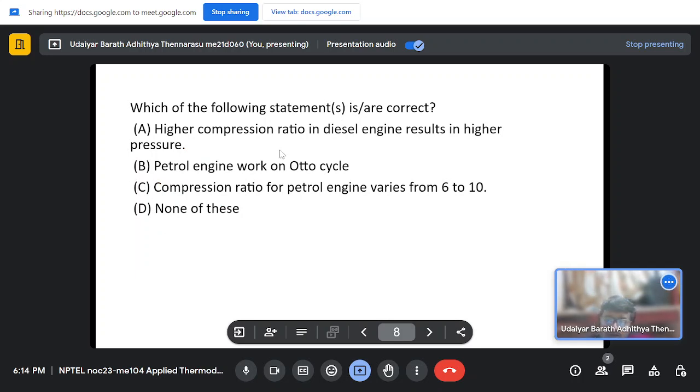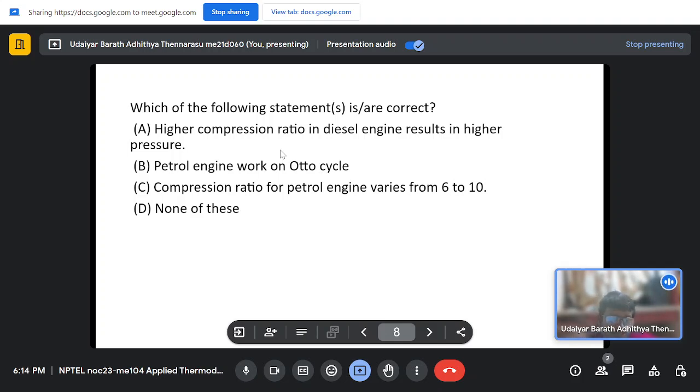So moving on, which of the following statements are correct? We can have multiple correct answers, since it says "are". Starting with A, higher compression ratio in diesel engine results in higher pressure. So this is true. If you are having